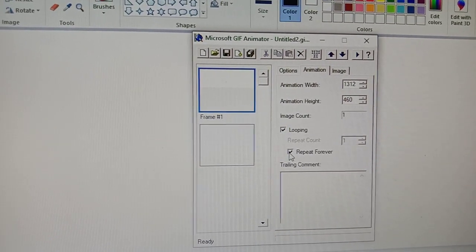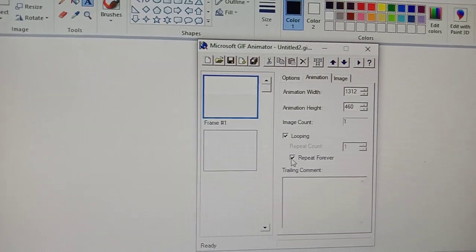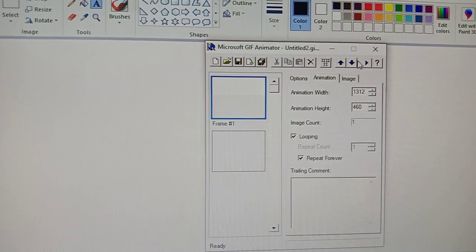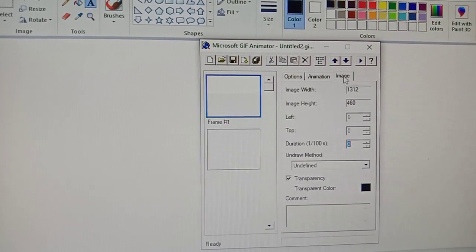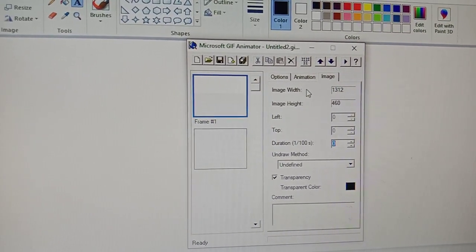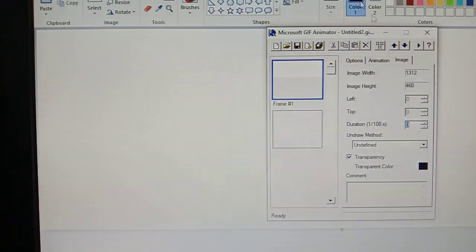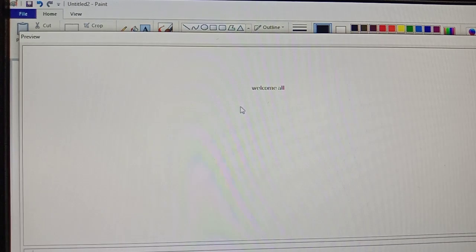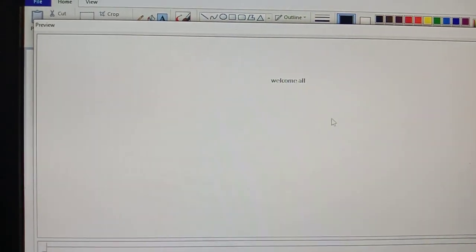And you can interchange your images, and you can fix the width and height for your images also. By using this button, we are previewing it. See, it is showing welcome all, right? Yes.